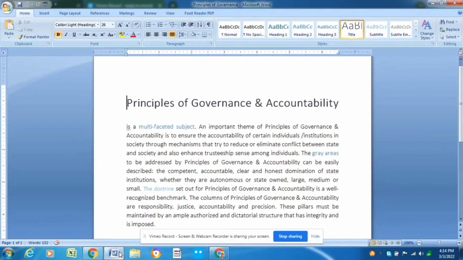This is Muhammad Ahmed, and today our video is about how to convert a Word document to a PDF document. So let's start. The simplest way to convert a Word document to a PDF document is that simply